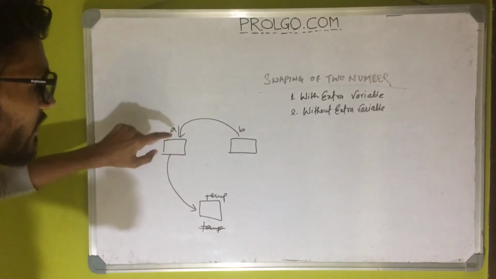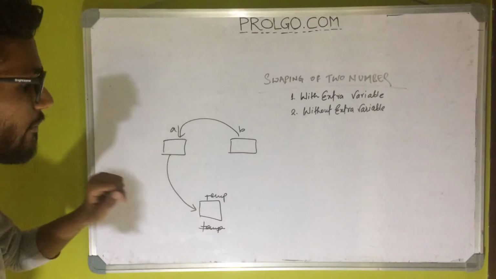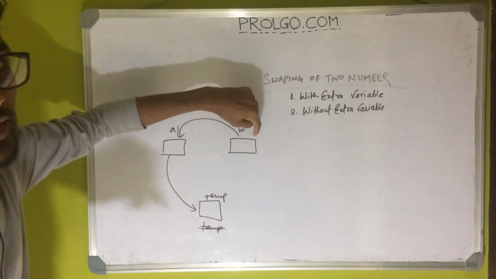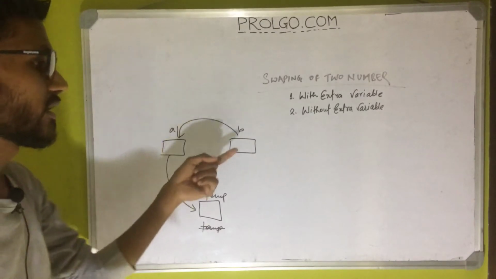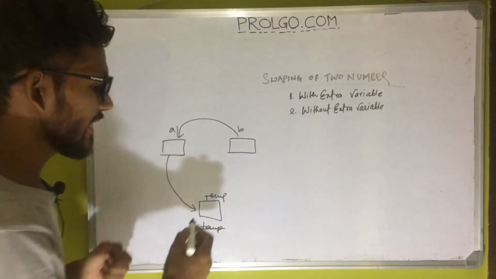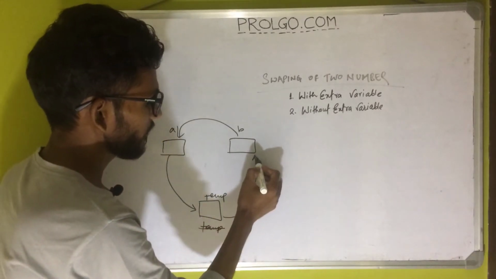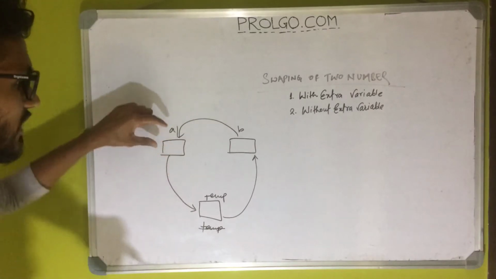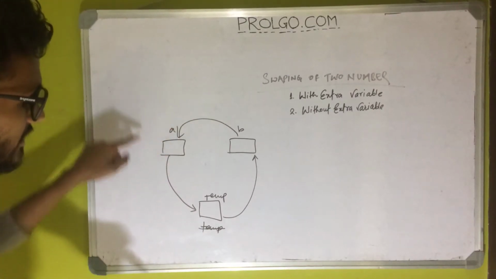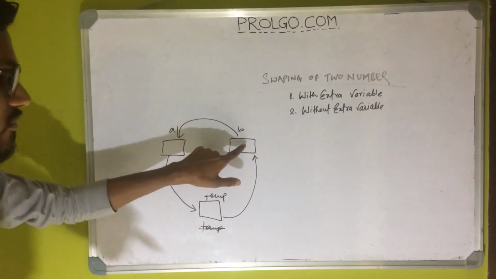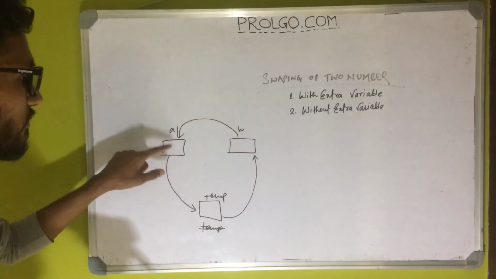Okay, because after moving this value into temp, A was empty, and now the value inside B will be moving into A. So now B is empty. And the value which is inside temp, we will move it to B. So now it's clear that the value has been swapped. Whatever the value was in A, it first came here and after that it came here, and whatever the value was inside B has been moved to A.